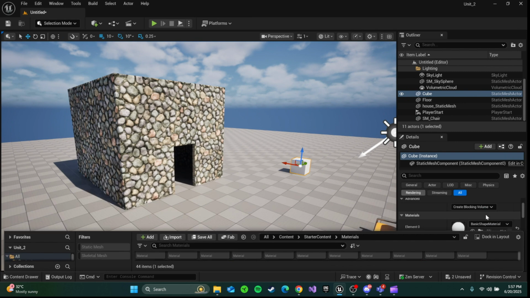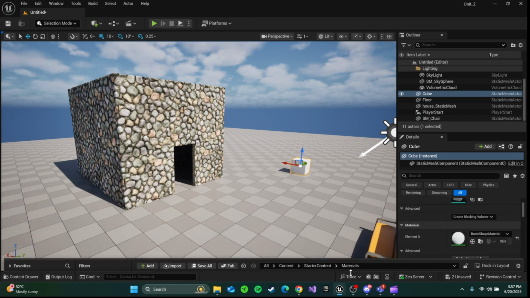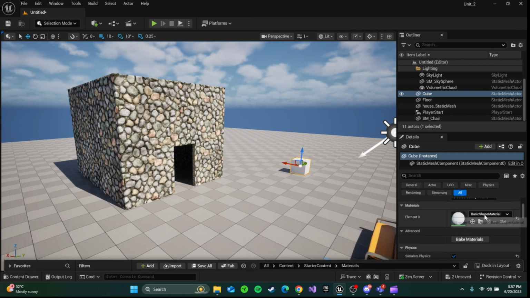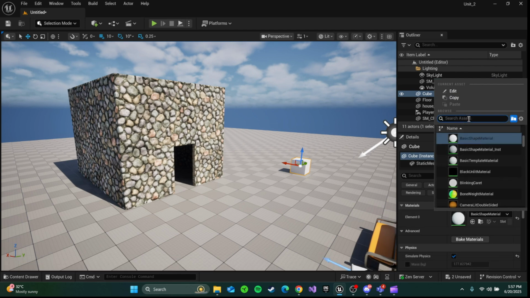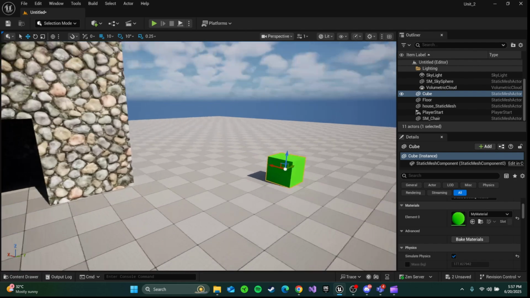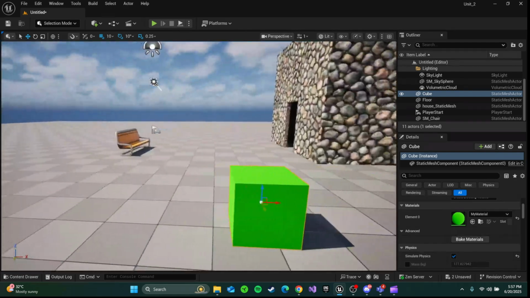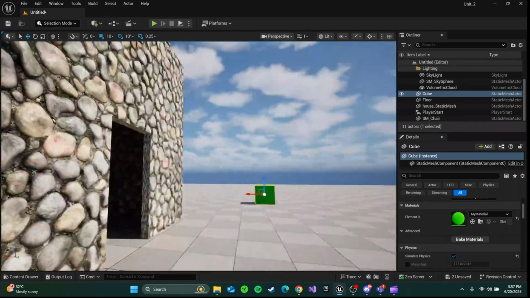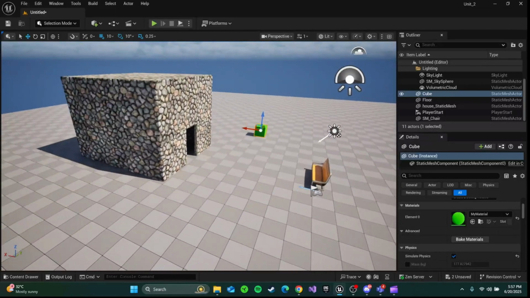So now I'm gonna go and select my cube that I had from before, and then apply this new material. We can look for it here, my material. And then as you can see, now our cube has this custom material that we created. Okay,